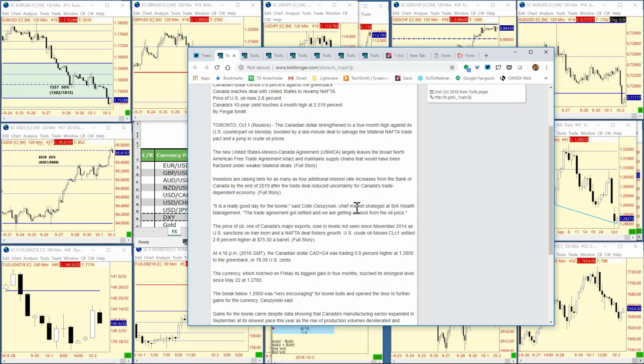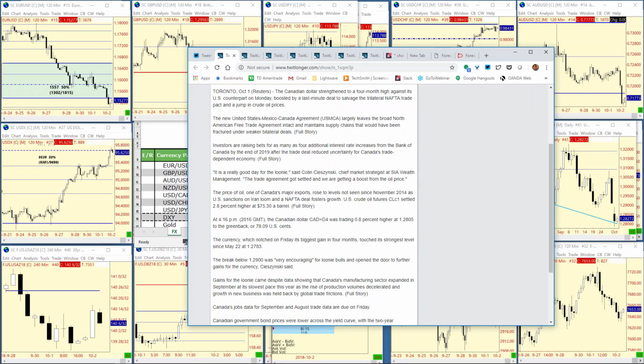Price of oil, one of Canada's major exports, rose to levels not seen since November of 2014 as U.S. sanctions on Iran loom and a NAFTA deal fosters growth for U.S. crude oil futures. The currency, which notched on Friday its biggest gain in 4 months, touched its strongest level since May 22nd at 27.83. Gains for the loonie came despite data showing Canada's manufacturing sector expanded in September at its slowest pace this year as the rise of production volumes decelerated and growth in new business was held back by global